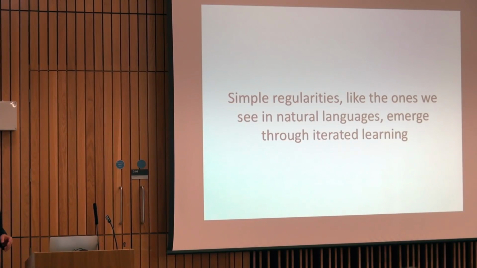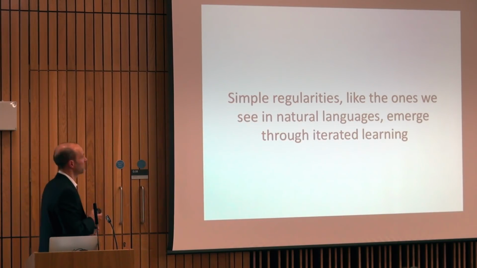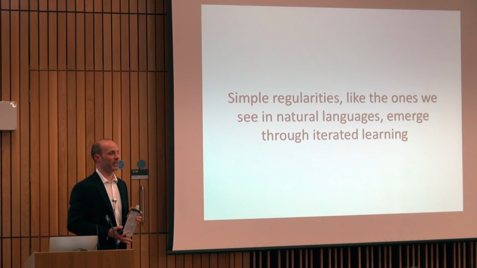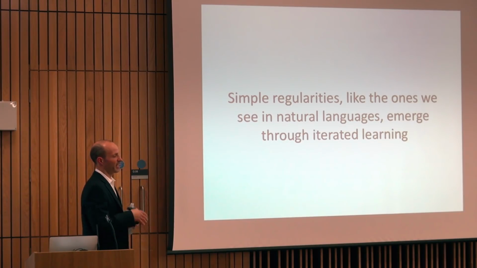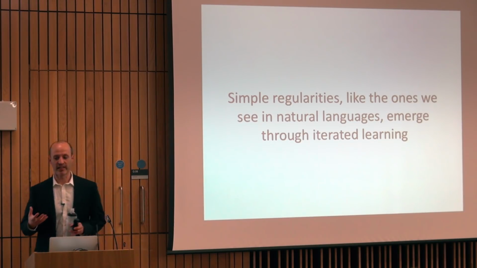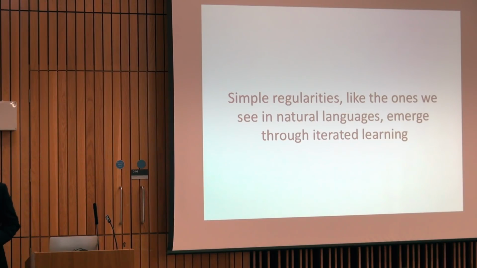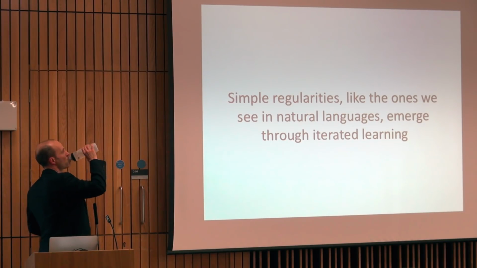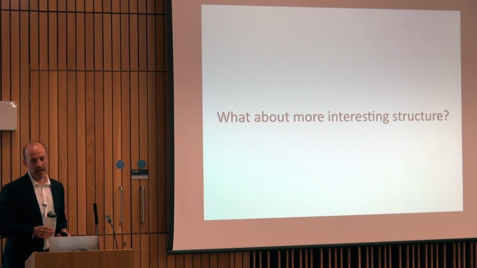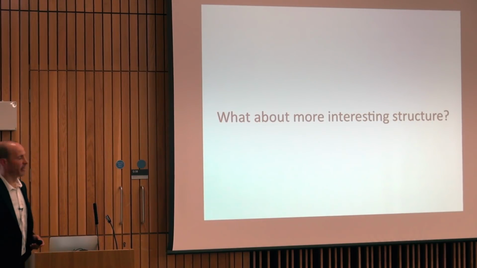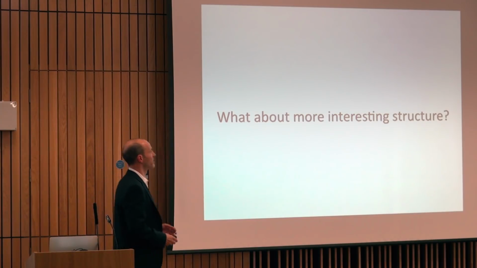Okay, so what those 2 experiments show, I think, is that simple regularities, which echo the kinds of regularities we see in natural languages, can emerge through iterated learning. And you can see the game here. We take a linguistic feature and we ask under what conditions will that linguistic feature arise through this transmission process. I get really excited about iterated learning and unpredictable variation, but almost nobody else does.